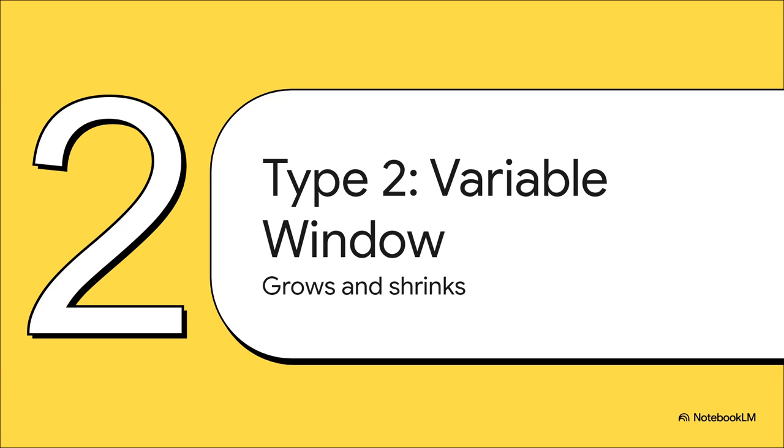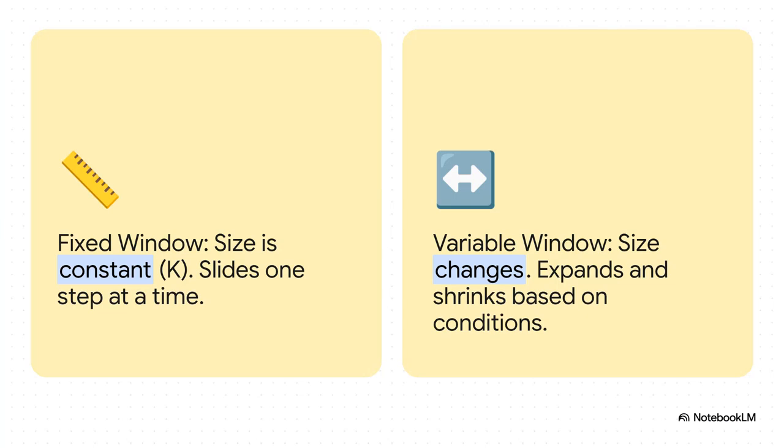Instead of a fixed size, it actually grows and shrinks based on a set of rules. It's a little more complex to think about, but it is so much more powerful. So just to be clear on the difference, a fixed window has that constant size k. It's your go-to for any problem that asks about a specific length. The variable window, though, is like an elastic band. It changes size, and it's perfect for when you're looking for the longest or shortest thing that meets some kind